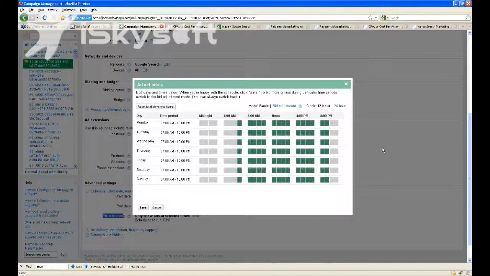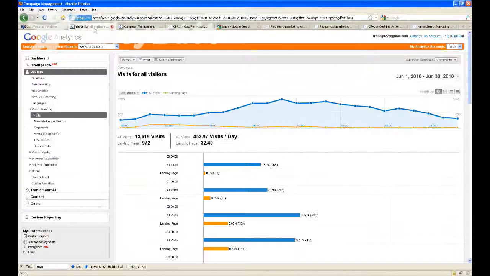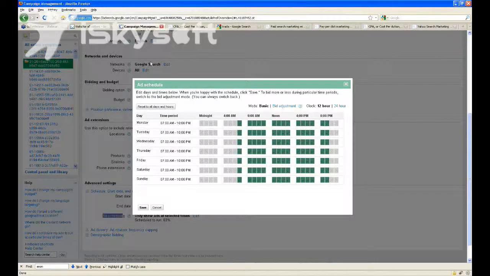As a side note, when I came and looked at this originally, I realized that we had never changed this default. We had actually been running our ads 24 hours a day, 7 days a week, and we have a very popular and expensive category. Paid search itself is a very expensive thing to advertise on Google. There are a lot of people doing paid search, so we were blowing through our budget very early on in the day, which, if you go back to this graph, you'll see here we have a whole lot of traffic and then it slows off during the day. Well, what's the simplest way to deal with that?